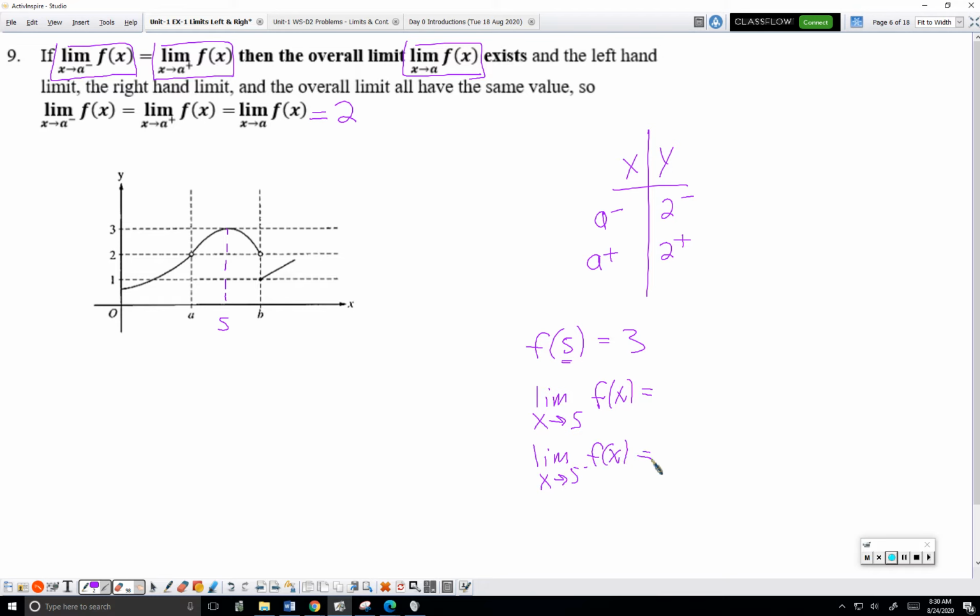And just like you said, in fact, what would you write here? 3 minus. So again, if you're thinking in terms of xy pairs, 3 minus is exactly the right answer. If you're answering a limit, we don't ever want to put the minus. We want to say we are getting infinitesimally close to 3. And then when we do the right-hand limit,